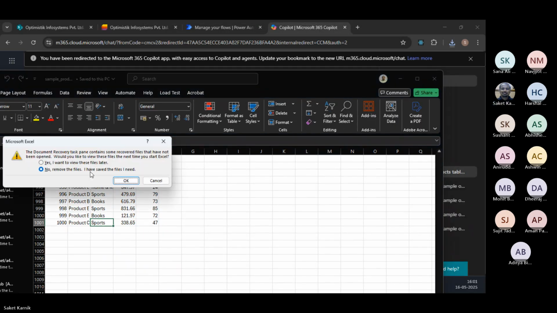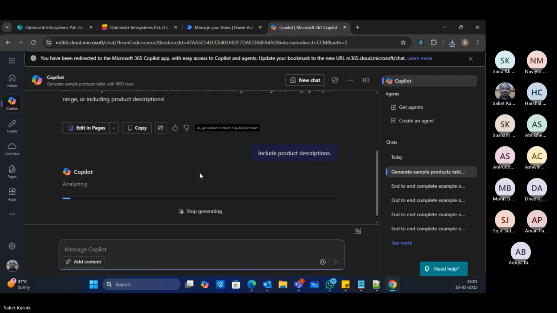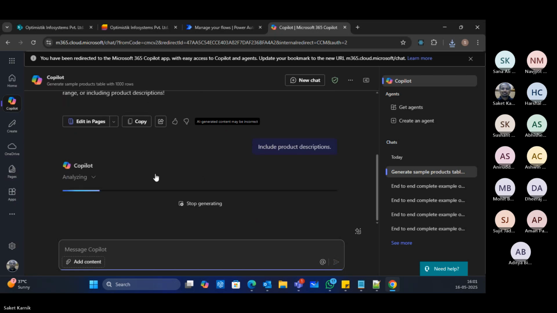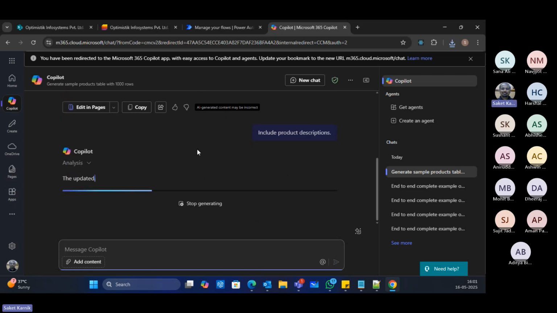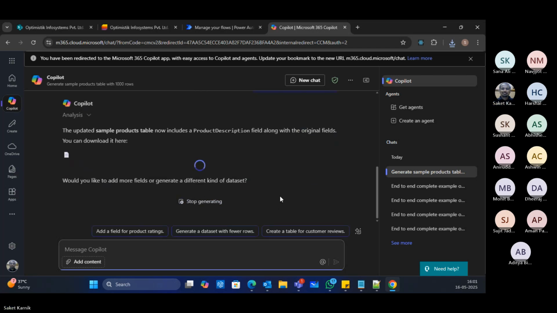Yes or no? I can say that change the price range for products or include product descriptions as well, more categories, anything I can do. The entire data modeling can happen on this platform itself. Yes.